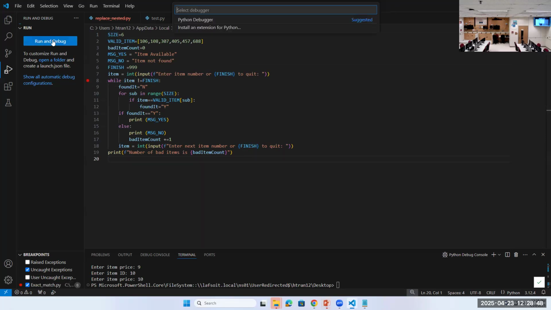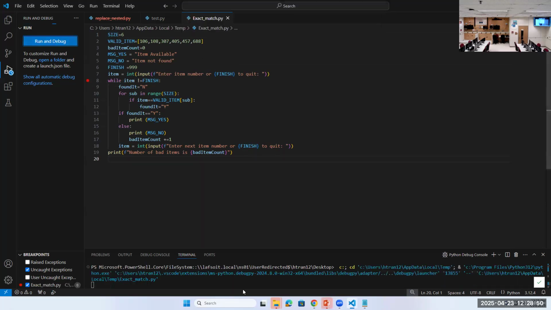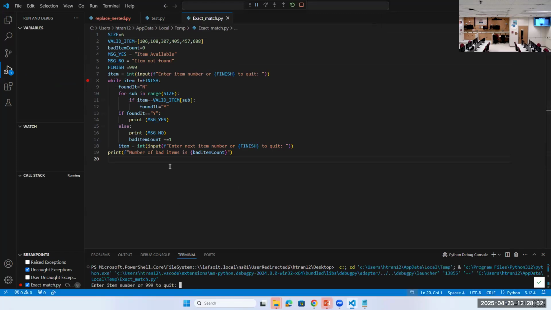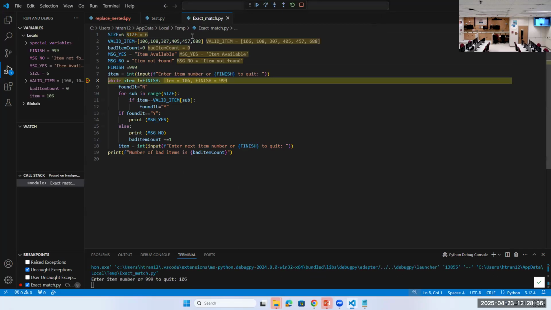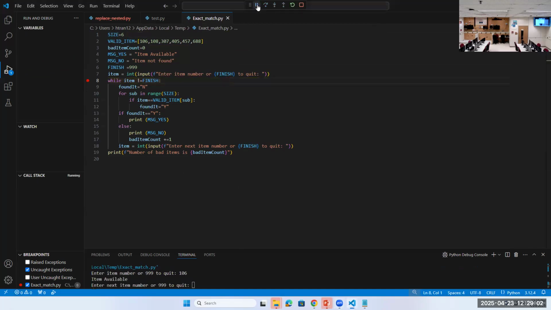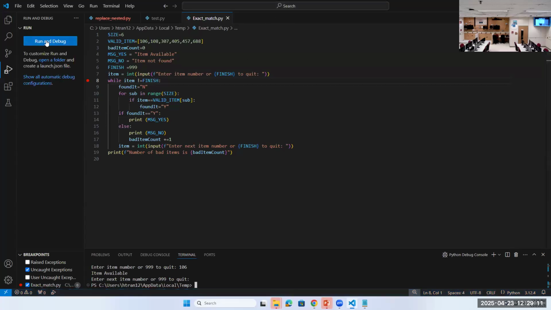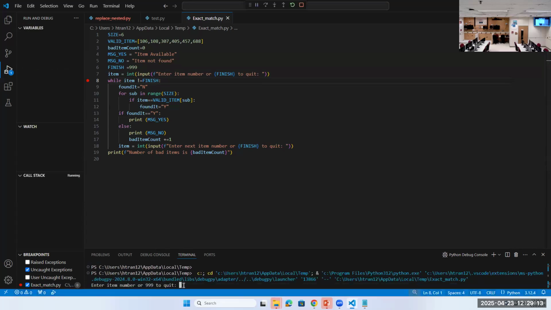What happened if I enter the item 106? You see what happened, right? After I put the 106 here, you can see what happened here. Stop it and run it again. All right. So if I want the 106 here,